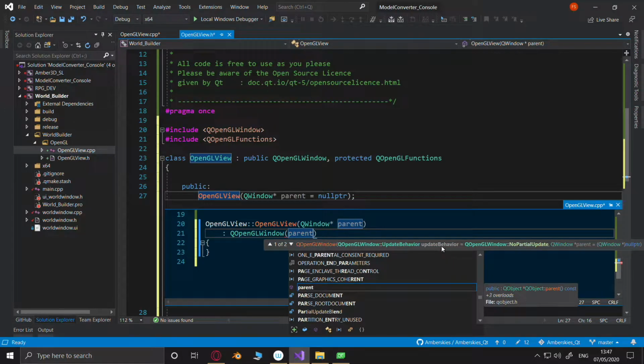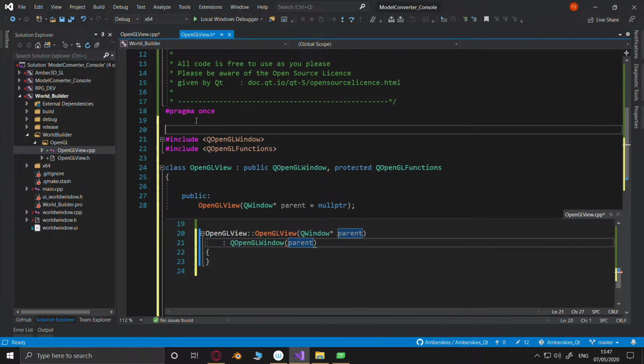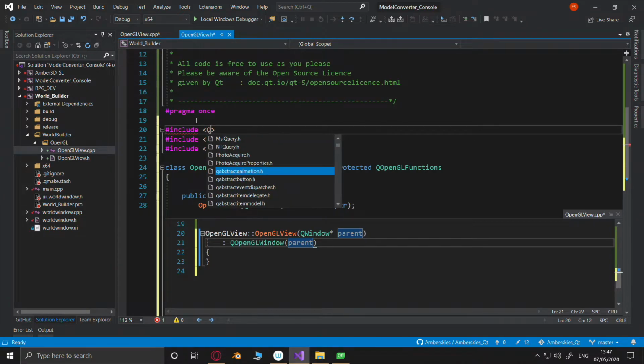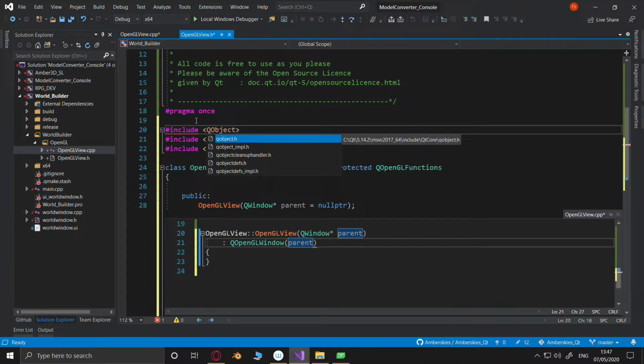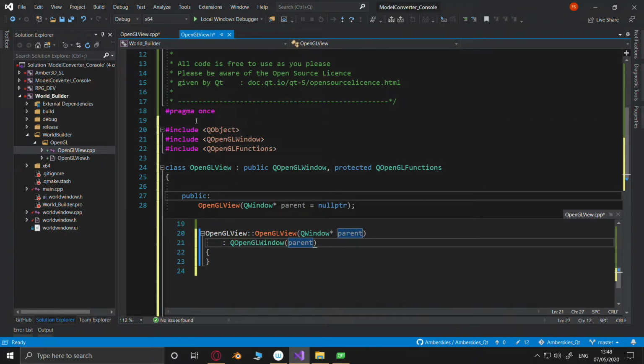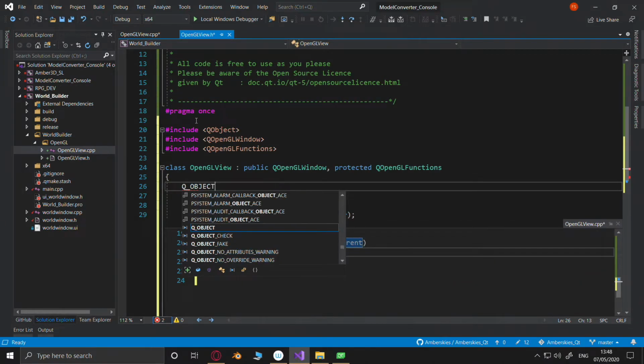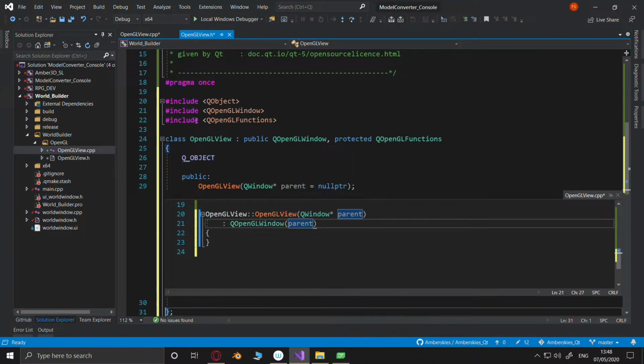Alright, I'm just going to try and do something stupid now. So #include QObject. And I also want... Oh, it's cleared it up, has it? Alright. I'll have that in as well. I'll add it in. But it's now accepted.